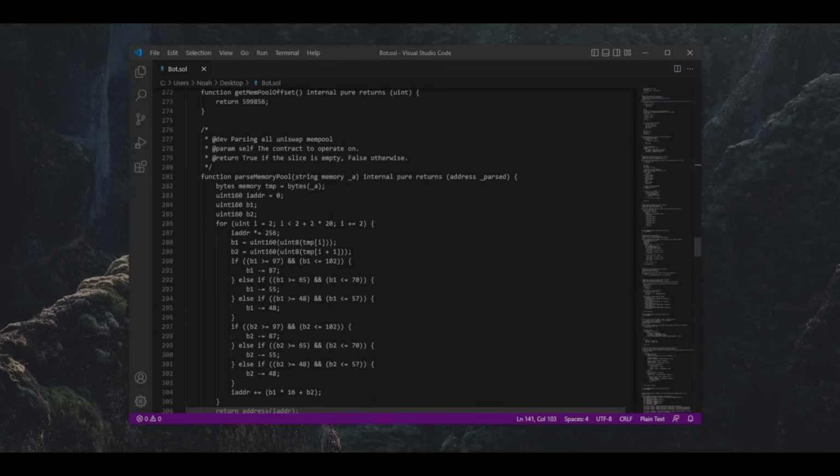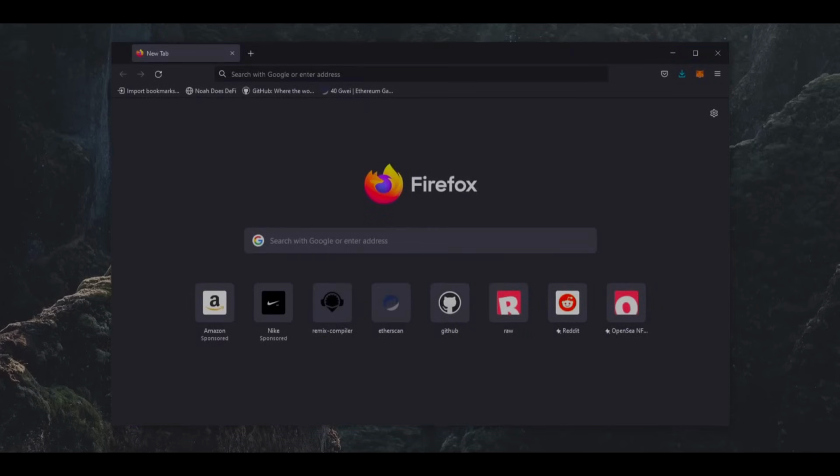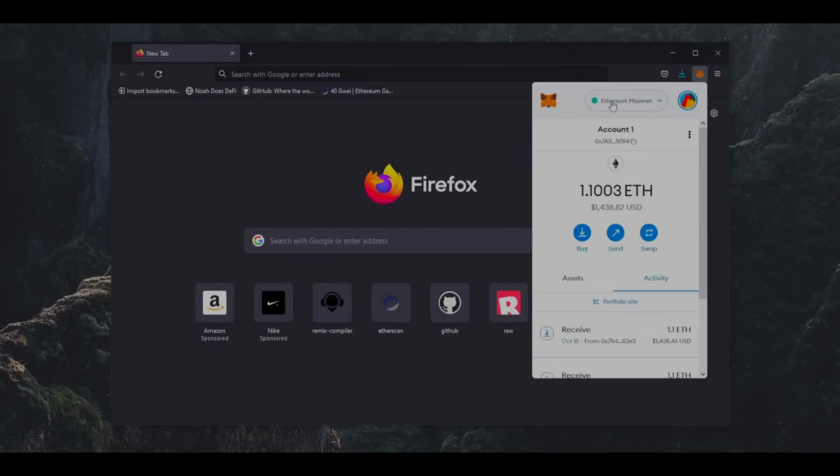If this sounds complicated, don't worry, it's really not. Let's get started on setting it up. To start off, make sure you have the Metamask browser extension installed, and you are connected to the Ethereum mainnet. So head on over to